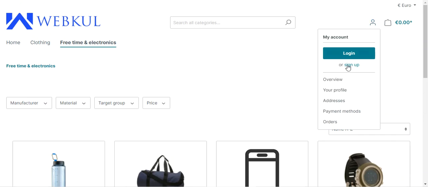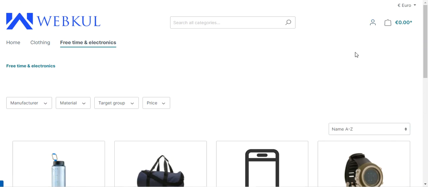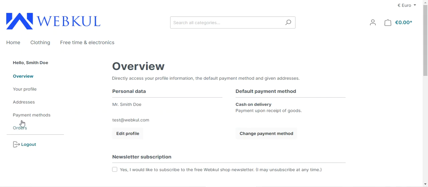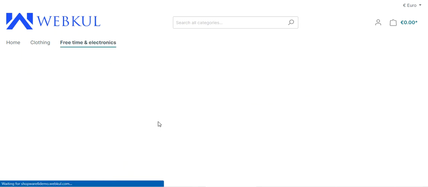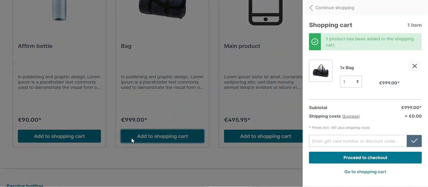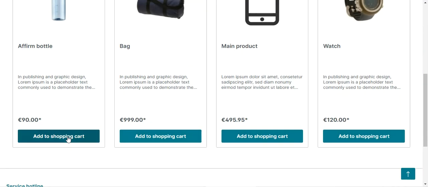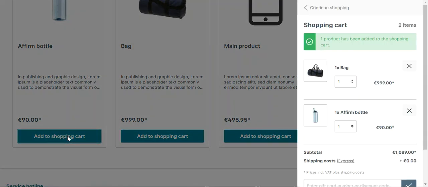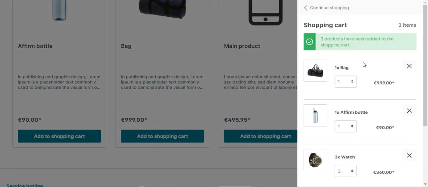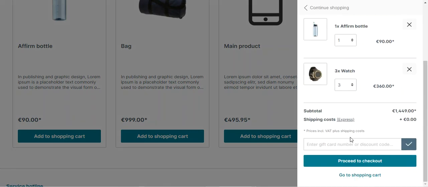So right now you can see that I'm not logged into my customer account. So let's do one thing. Let's log into the customer account by tapping on the login button. Now let me go to the Free Time and Electronics category here, and let me add a few products into the cart, like this bag, a foam bottle, and a watch. So you can see that I have 3 products in my cart right now, and the total